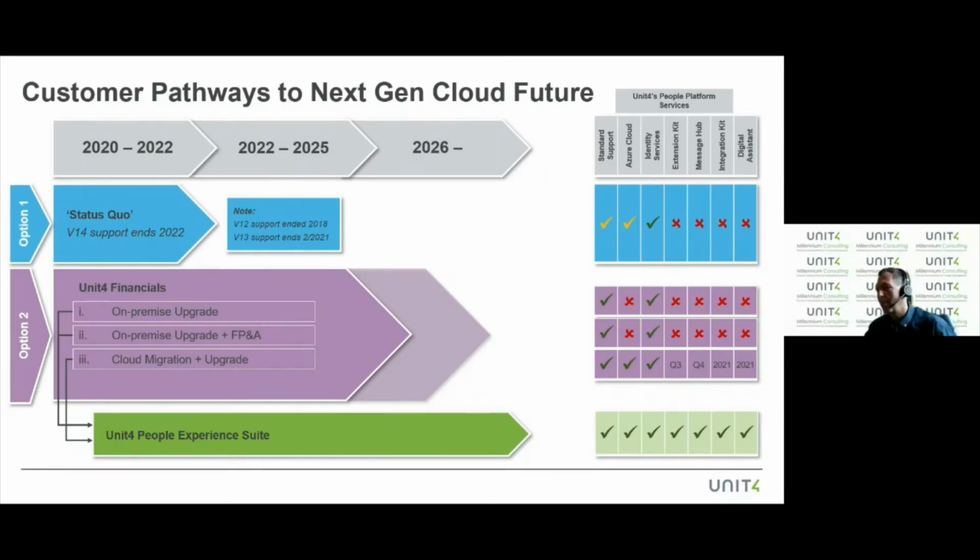Let's call it sub 1 and 2 of option 2. And of course, you will still have access to some of the people platform services, in this case, the obvious one, identity services. But as an on-premise customer, yes, you do have access to the cloud, but obviously you've chosen the on-premise path. So option 3 is really the cloud migration and the upgrade,